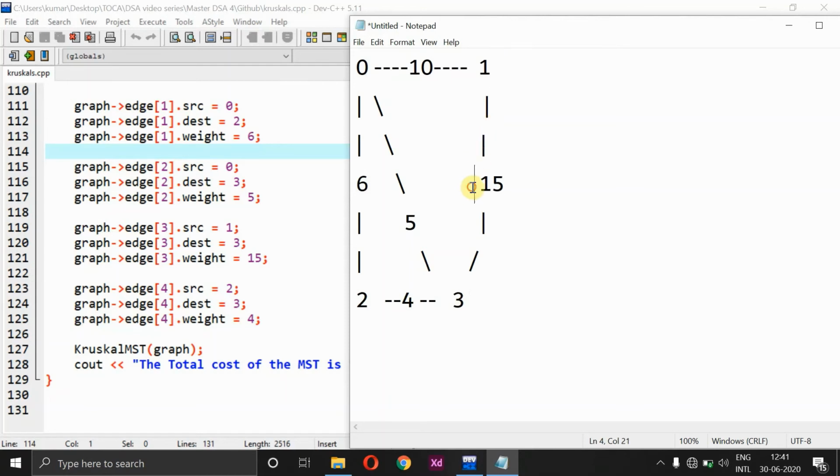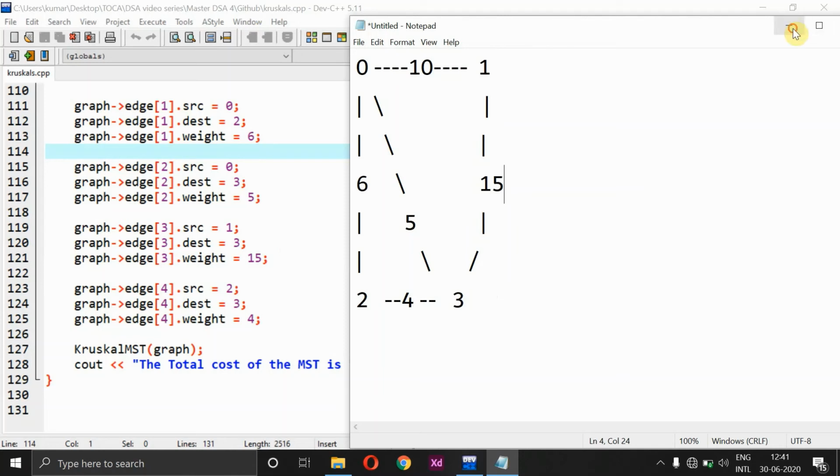So if I consider 15, it is going to be a maximum one, but from 0 to 1 it is going to be the shortest path. So it means that we can consider our first path as 2, 3, and second path can be from 3 to 0, and third path can be 0 till 1. So this is how the algorithm works, and it provides us a final output.